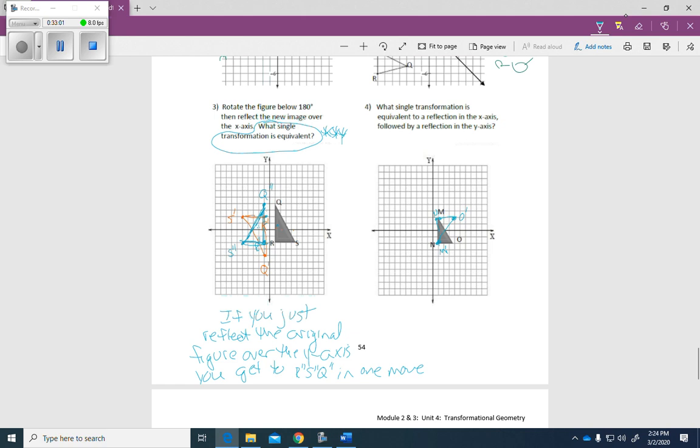That's a reflection in the x, and then a reflection in the y, I'm just going to change colors, would bring N prime over here. I'll call it double prime. O prime, double prime, and M